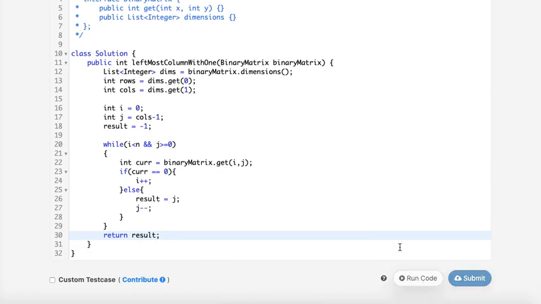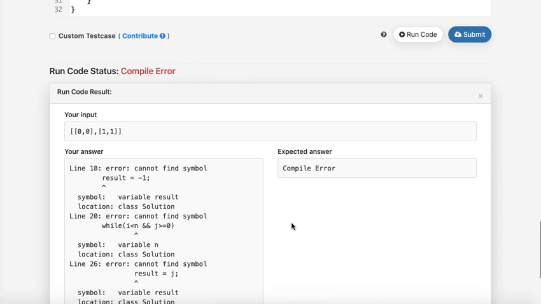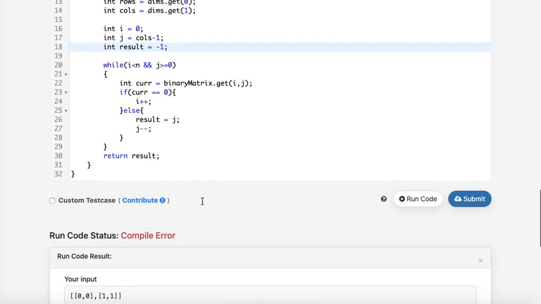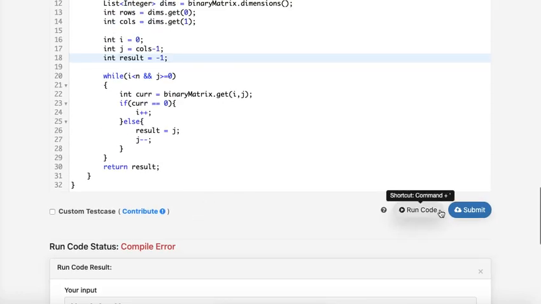So let's run this code. What did we miss? Okay, I have to give this. I think this is the only error.